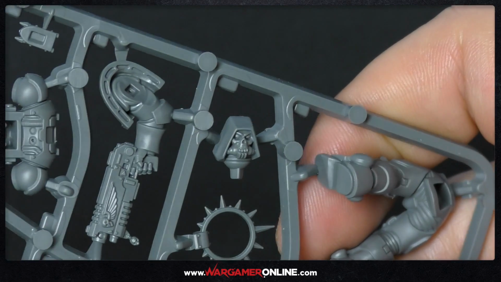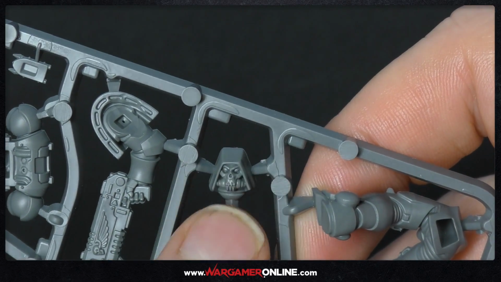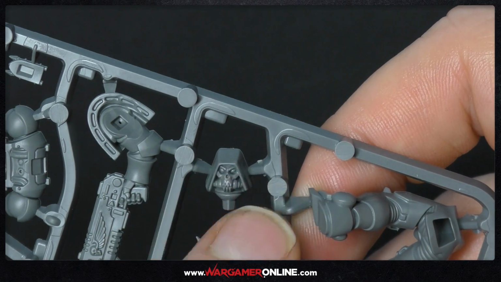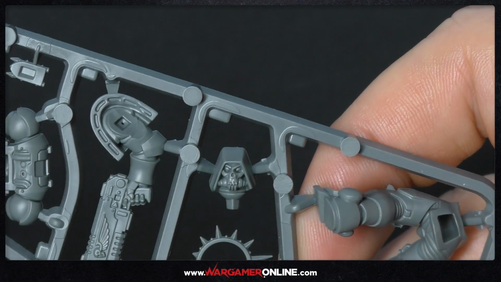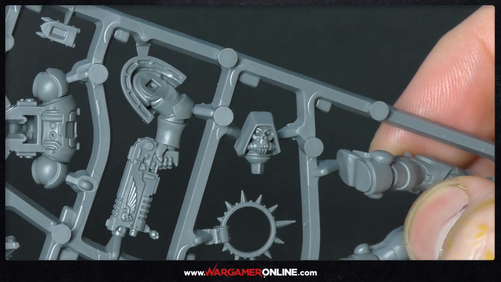And then the final part that I want to look at properly is the head, the helmet thing. This looks amazing. One of the best pieces on there. It looks quite imposing, and definitely going to be using this. If I don't use it on this model, on this chaplain, I'll use it somewhere in the army, maybe on a Reaver,